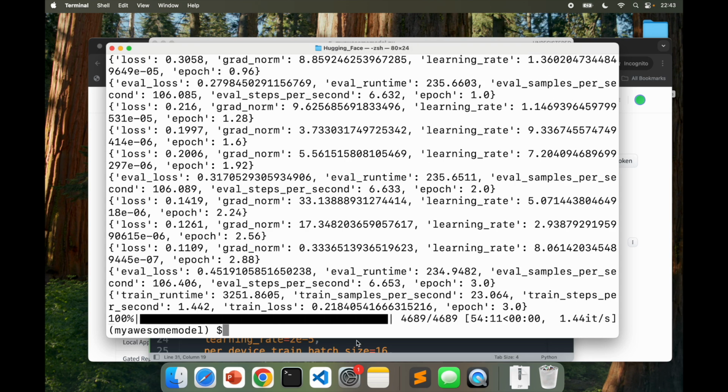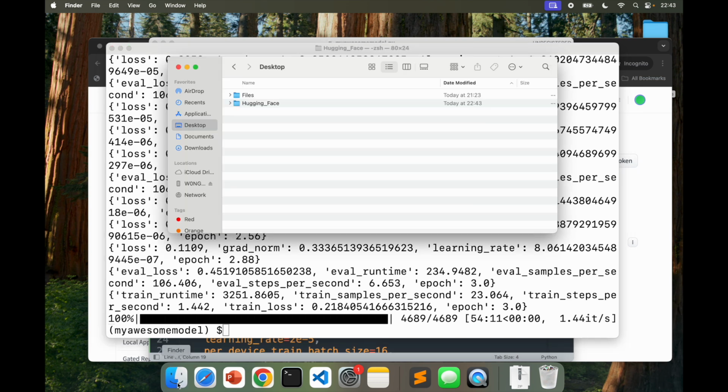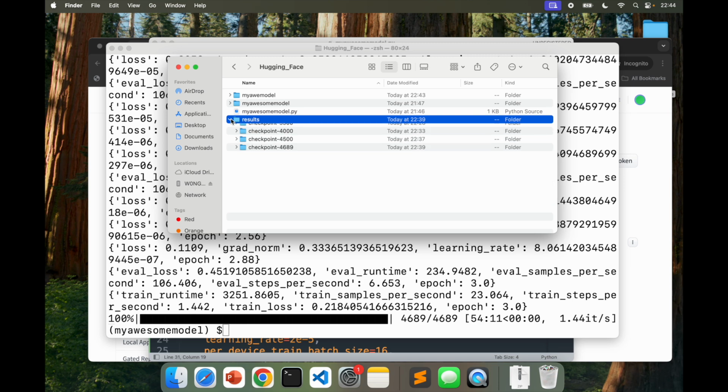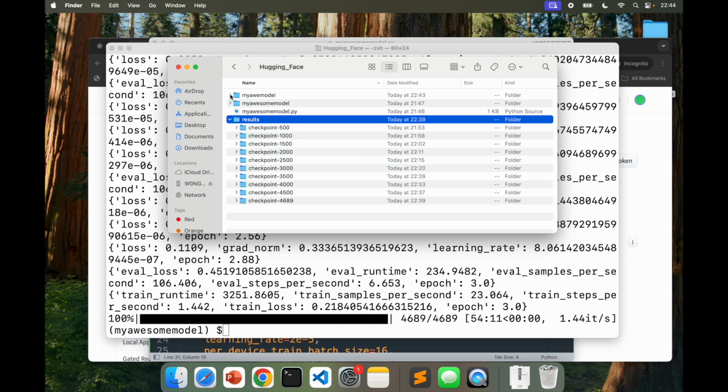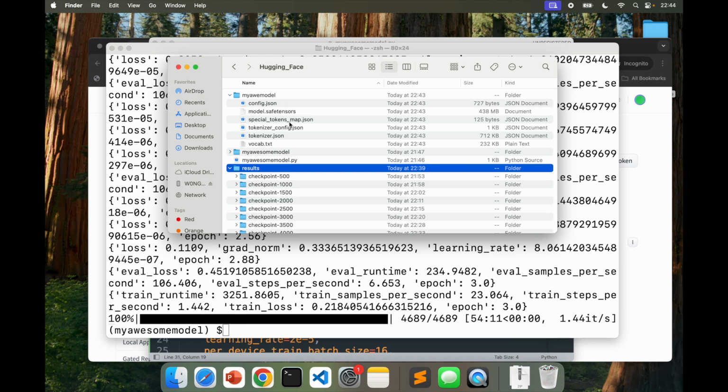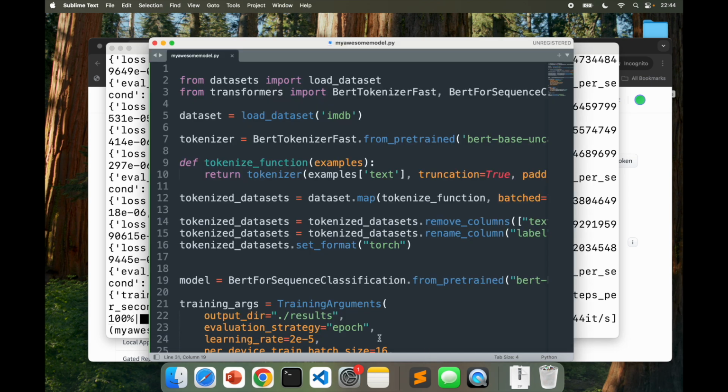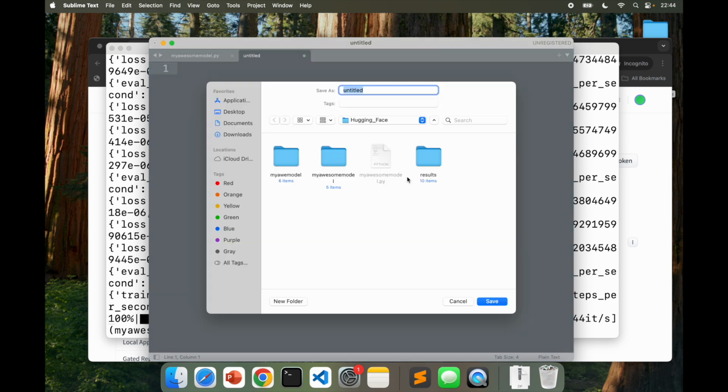So it takes a little bit of time, but once it's done, you'll go inside your folder and you'll see the results folder here. You'll also see the awe model which is created, which is right available here. So now that our model is ready, we can go to our step 3, which is upload the model to Hugging Face Hub. To do that, first let's create a new file. I'm going to save this